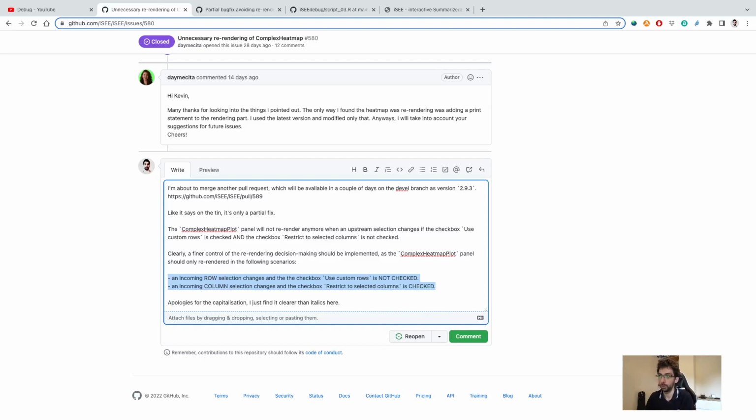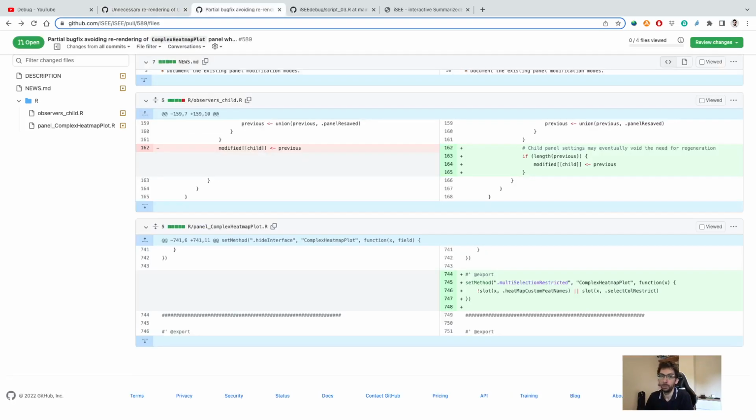So that's why right now the partial fix is to not re-render the heat map if it's not listening to anything, which hopefully will cover a good fraction of the use cases. But obviously we want to go into that more detailed handling of scenarios. So briefly, what I wanted to show is the fix is simply defining a generic for the heat map, which wasn't defined so far,